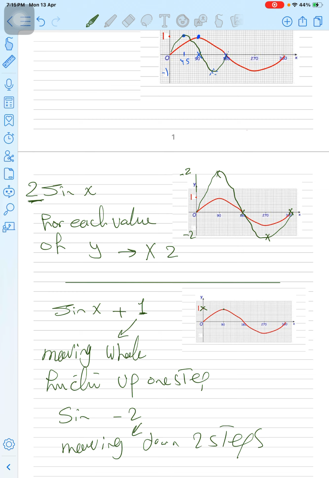Because this point here is 90 and 1, it will be 90 and 2, so it will be here. 180 will be 180 and 1, and 270 will be here, so you can notice it will be like this. So I move the whole function one step up, and the same for this. We can apply all the same ideas for cosine and tan, as long as you understand how you